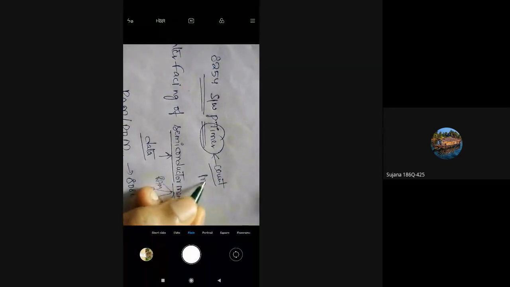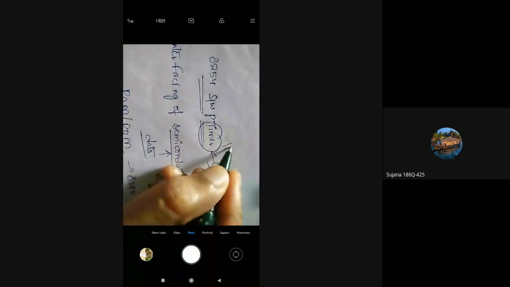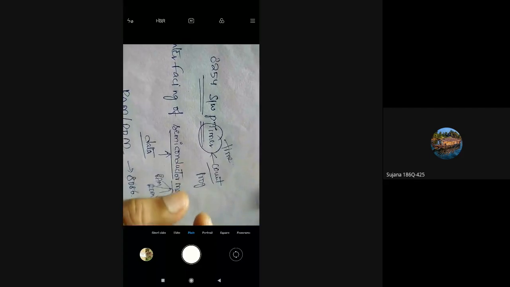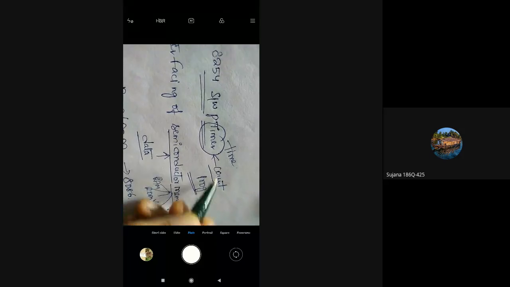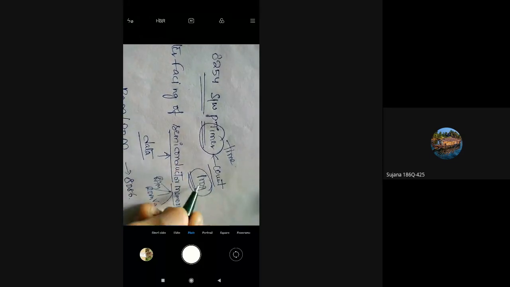So if we are working on a program, this timer will give you the time taken to execute this program.